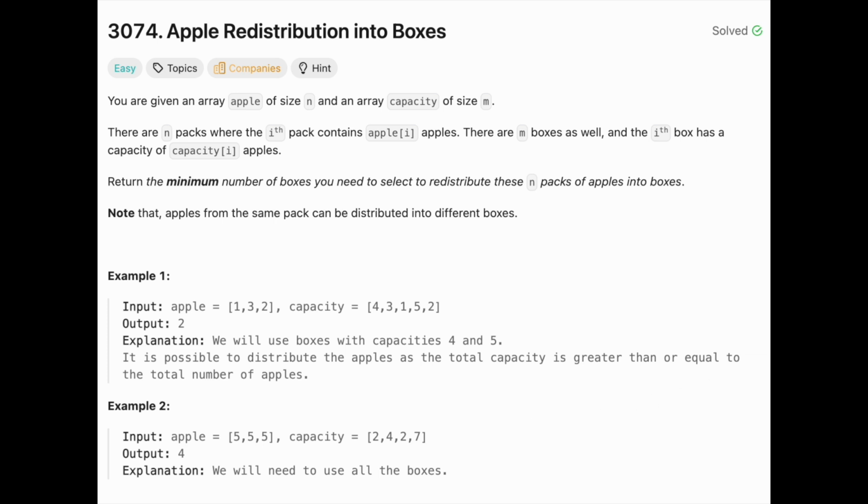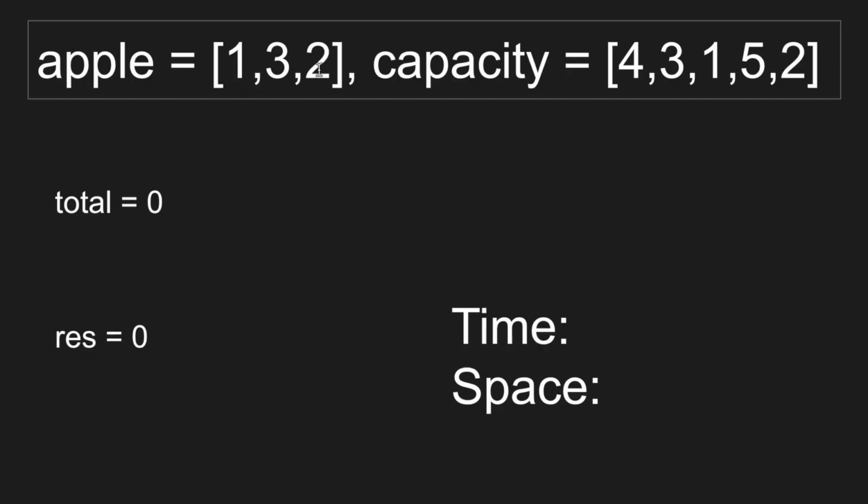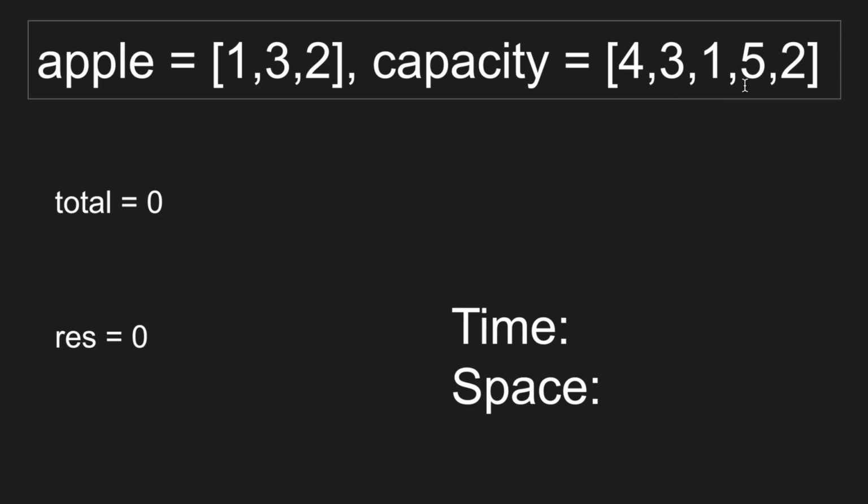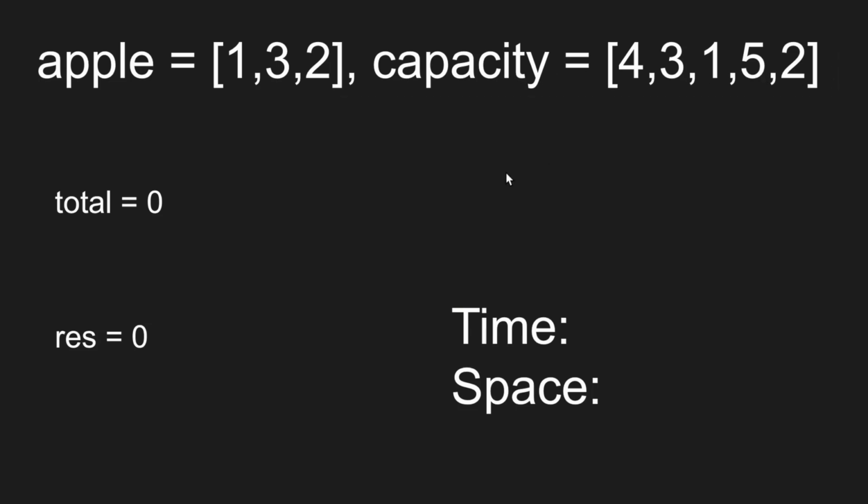So now that we have seen some examples, let's get to how we can solve this problem. So to minimize the number of boxes we will need, it is always best to put the largest boxes in the front first, or in other words, use the largest box first. So what we can do is we can sort this capacity array with the largest ones in the front, and